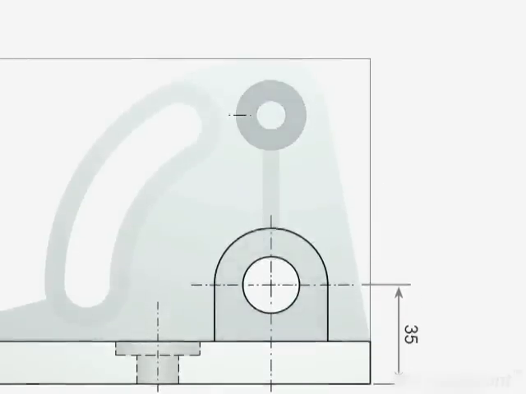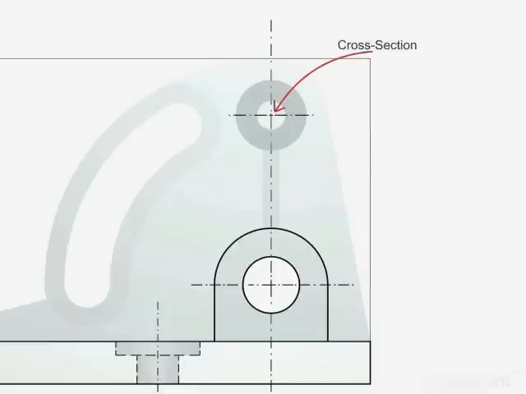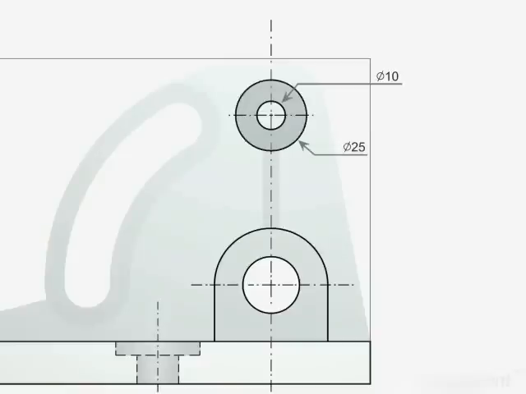Next, draw a horizontal center line parallel to the previous line at a distance of 60 mm upside. Use the crossing point of this horizontal line with the third vertical center line as the center of the boss circle. Draw an inner circle of diameter 10 mm and an outer circle of 25 mm. And don't forget the connecting rib.